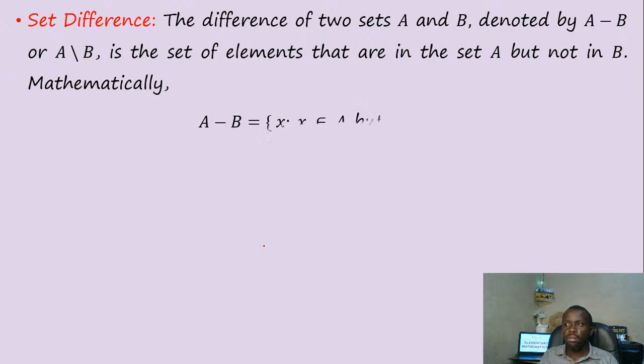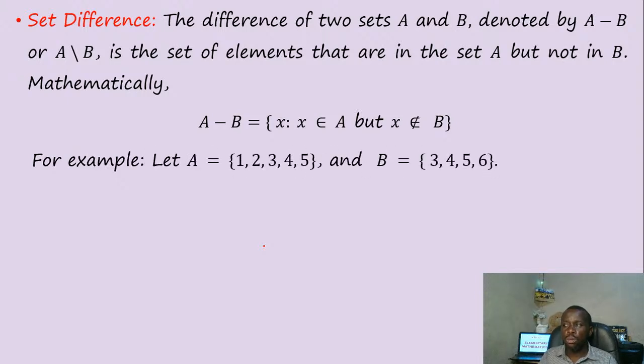Yeah, let's look at that. A minus B: elements in A, but X is not a member of B. For example, now we have A to be 1, 2, 3, 4, 5, B to be 3, 4, 5, 6. Now, if you write A minus B, for example, the elements that are in A but not in B,